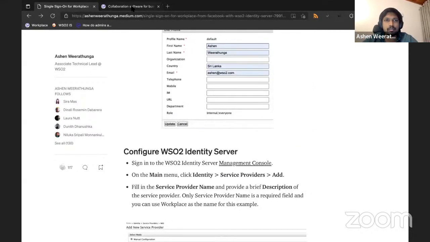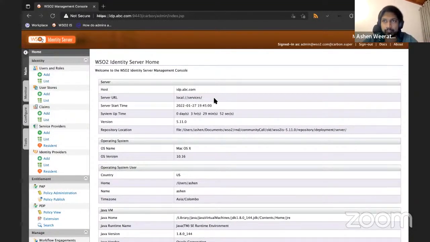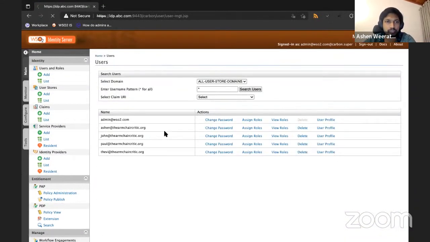Okay, so I have already set up the identity server on my local machine. It's running on the idp.abc.com domain, because you can't use localhost to configure single sign-on with Workplace, it's not allowed. Therefore, you need to configure a domain for your identity server when you try it out. And then I have set up